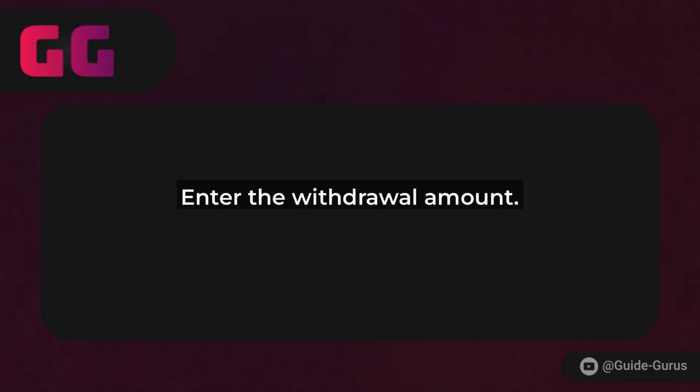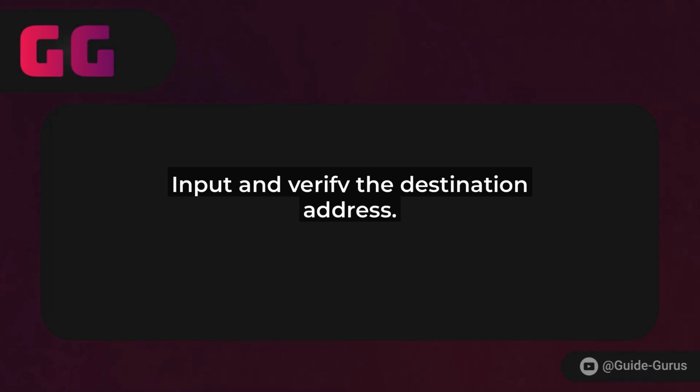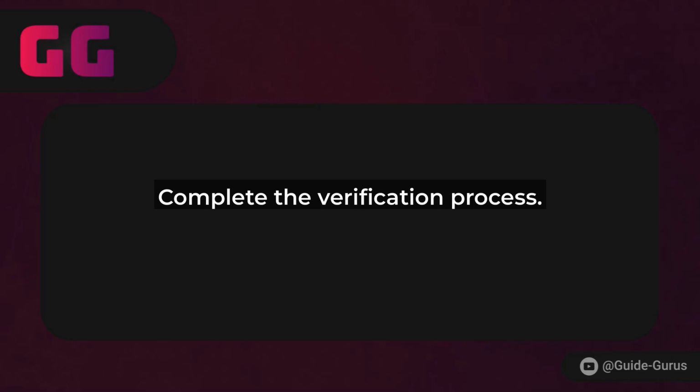This is important. Input the destination wallet address where you want your USDT to go. Always verify this address twice to prevent any costly mistakes. Crypto transactions are irreversible. After that, you'll likely need to go through a verification process. This could include two-factor authentication, 2FA, or email confirmation, which adds an extra layer of security. Once everything looks good, hit the Confirm button to process the withdrawal.